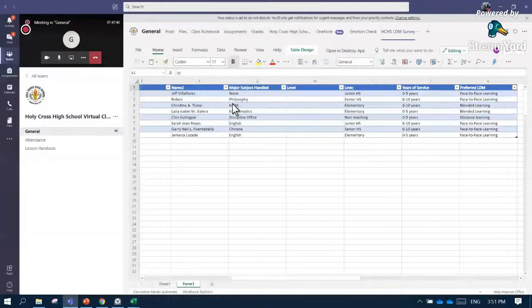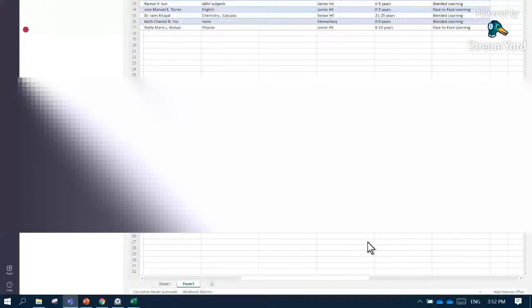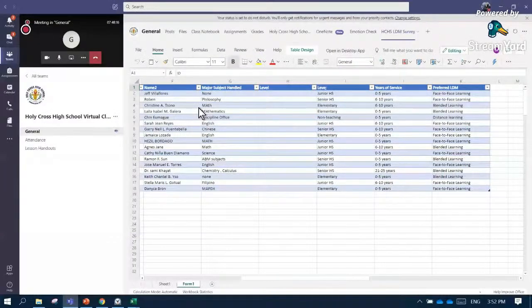So if you may notice, I have here the real-time responses from your end there. So you have responded to the survey, and I can see here your responses from the workbook that I have created. So these responses will be used as our source data to utilize the three features, namely the pivot table, the pivot chart, and the slicer to analyze all the data in our workbook.